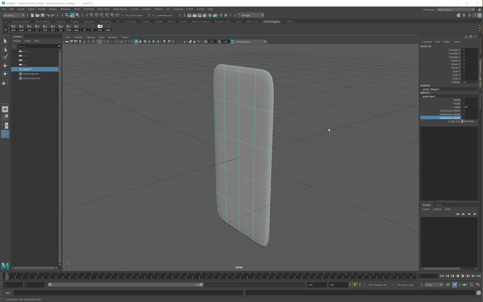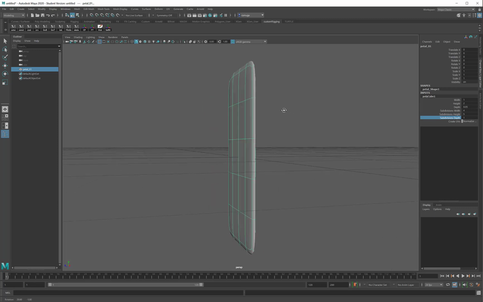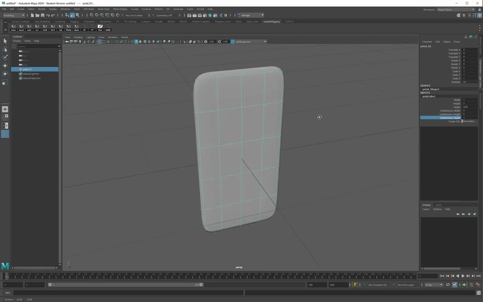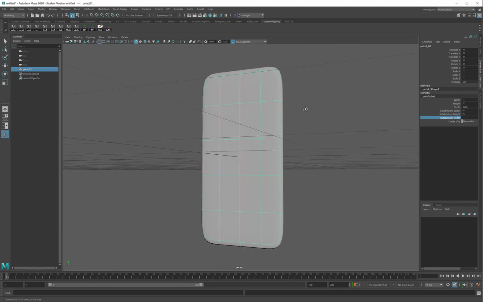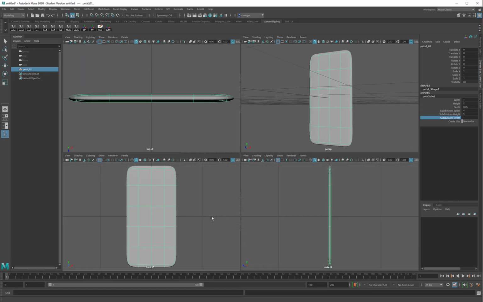When I left off, I had blocked out a cube to give myself a little more geometry and to give me a nice, tall, thin shape to work with. I am going to tap my spacebar and go to my orthographic views. I will press Shift F to frame in all views, and now I can see exactly what my petal looks like. It does look like a playing card, it still looks like a cube, and to change that,